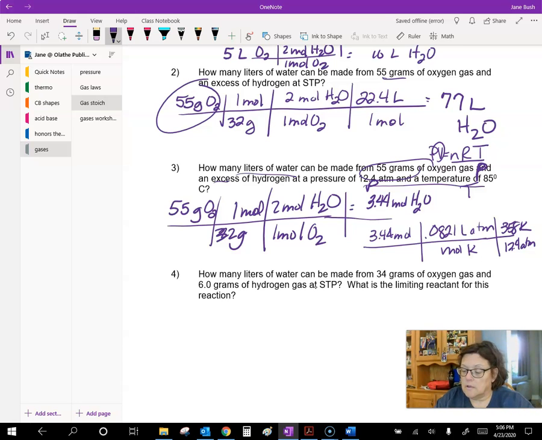Plug and chug. So we'll multiply 3.44 times 0.0821 liter atmospheres times mole degree Kelvin times 358 Kelvin divided by 12.4. Moles cancel, Kelvins cancel, atmospheres cancel. We have an answer in liters, and our answer is 8.15 liters. Okay? Now, I said that we can actually smush those two together because this value here is equal